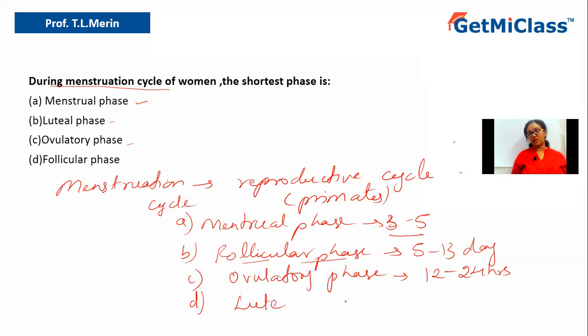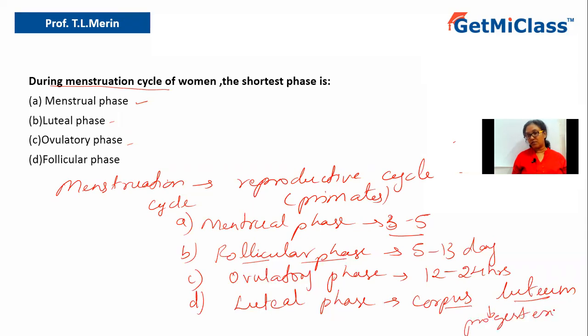So how is this ovum released from the Graafian follicle? Once the Graafian follicle gets ruptured, it will form the corpus luteum. The luteal phase is nothing but the formation of the corpus luteum. The remaining part of the ruptured Graafian follicle is what forms the corpus luteum. This is very important because it produces progesterone, which is necessary for maintaining the pregnancy, if there is pregnancy. In case of pregnancy, by the second trimester, the corpus luteum will stop its function.